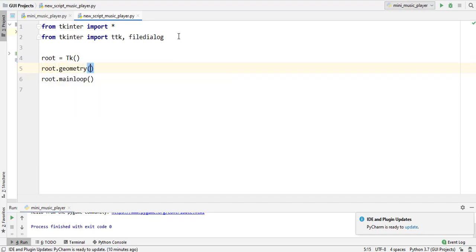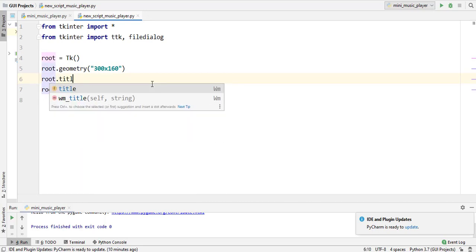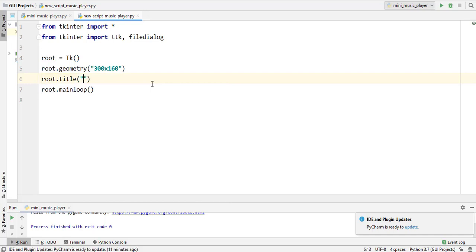So root.geometry, and in the geometry I am passing 300x160. Please note that this is a small x. Many times people use a multiply symbol there. Now the next thing is root.title. For adding the title of the GUI I am using mini music player, or just music player.